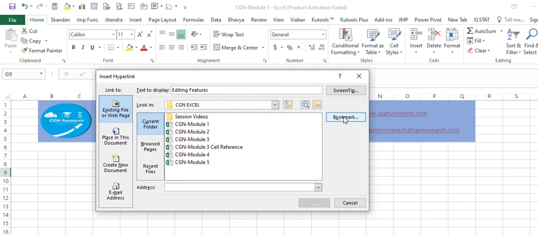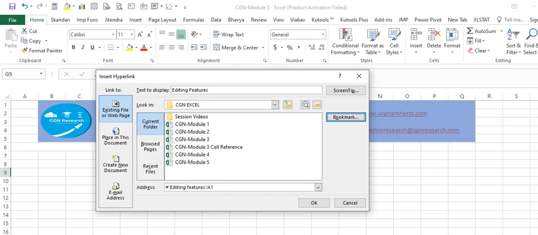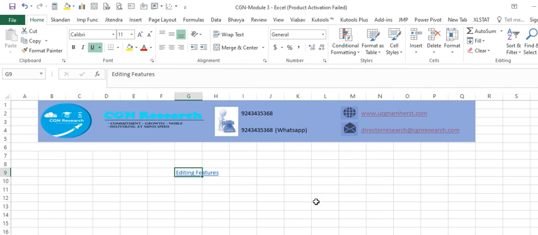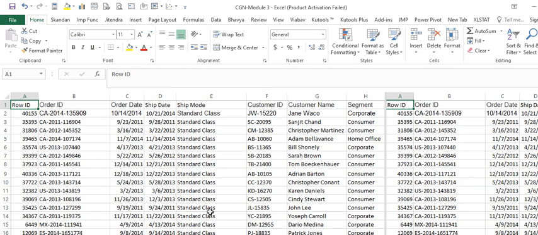So I want to do a bookmark there. I can do that. I want to go to this one, ASL. So this is the address I'm giving there by bookmarking. I'll say OK. So when I click here, it will automatically go to that sheet.